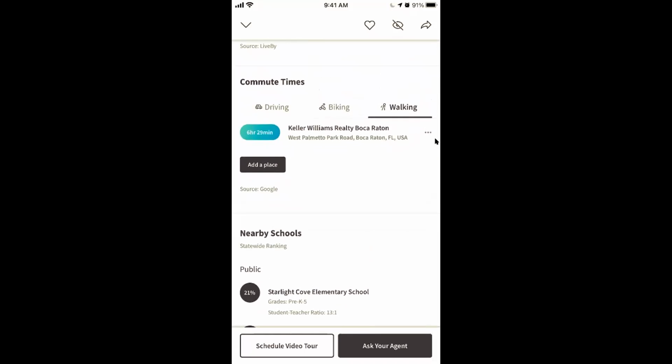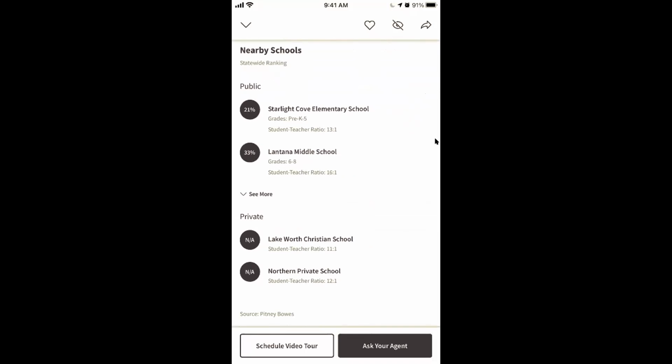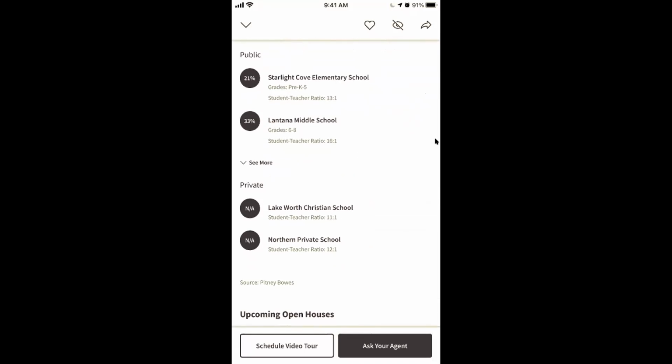So you can add as many of those places as you want. This is a cool feature for people that are trying to balance a work commute and picking up kids and getting to activities. They can put that in there and it ties right into Google Maps. So it's pretty cool. You scroll down further, it'll pull the schools, public and private, that are closest to that